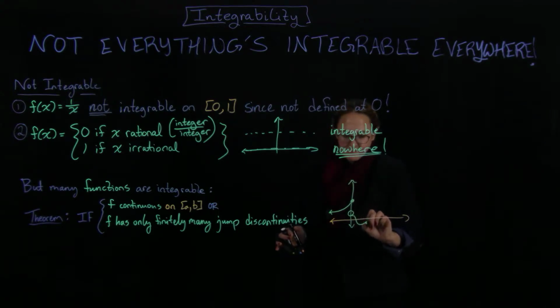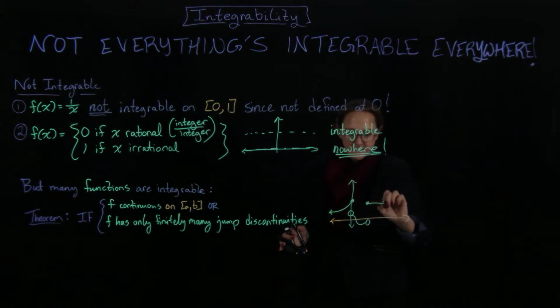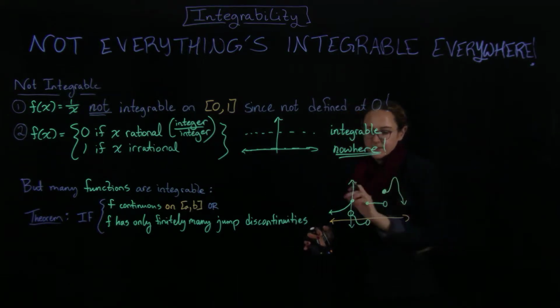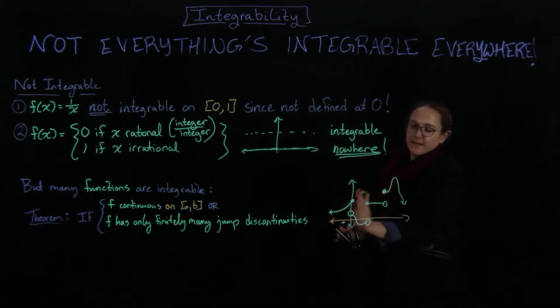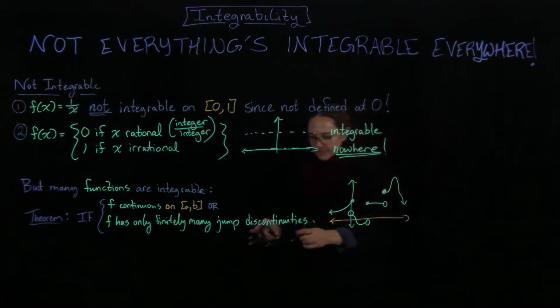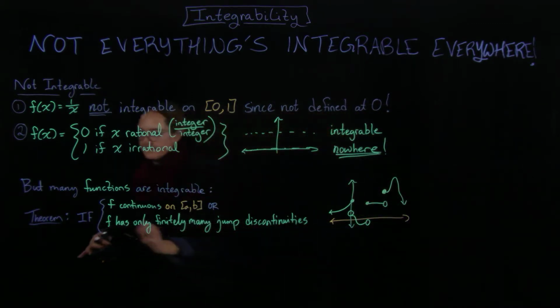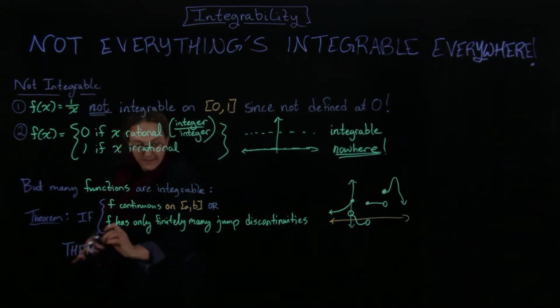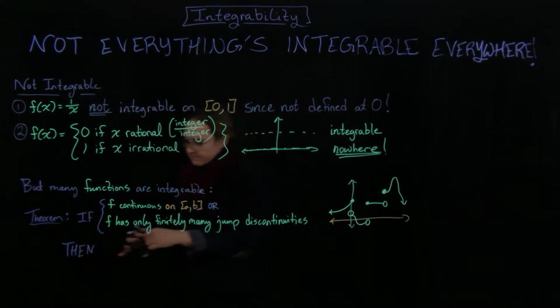And then maybe this one's open, and then maybe it goes like this, and then maybe it's open there, and then like this. So it's continuous except at some finite number of points. If one of those things is true, then